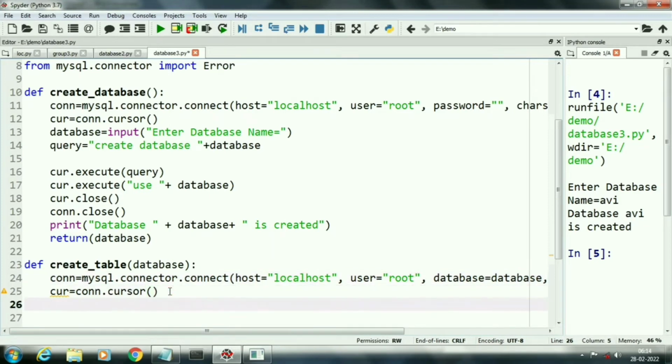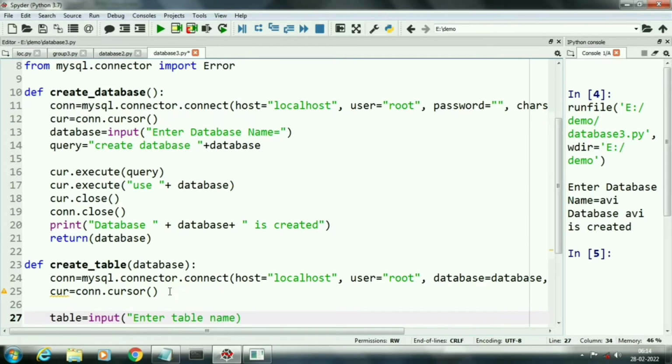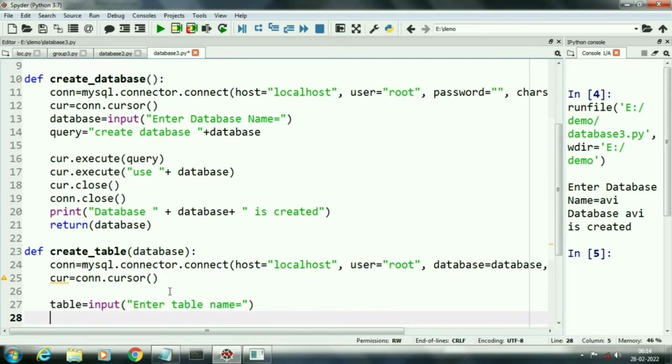We have already created cursor. So now we will input table name from the user. In second input statement, we will enter number of fields.